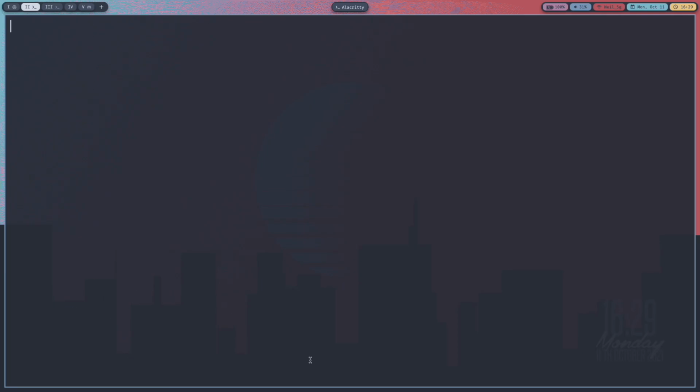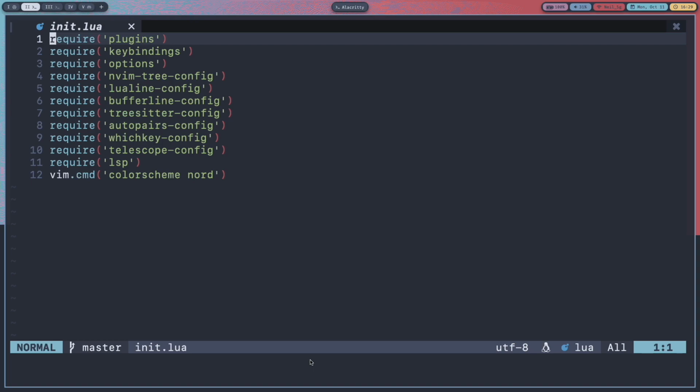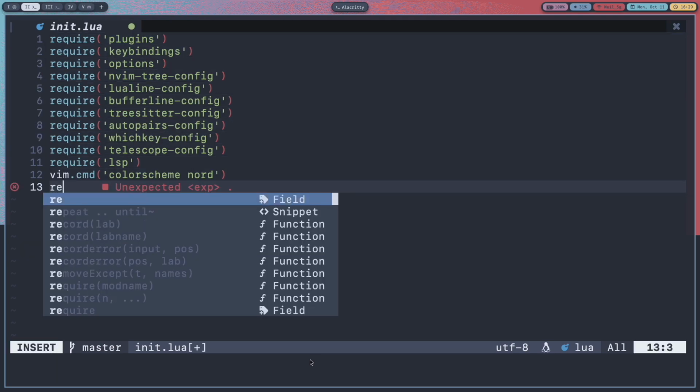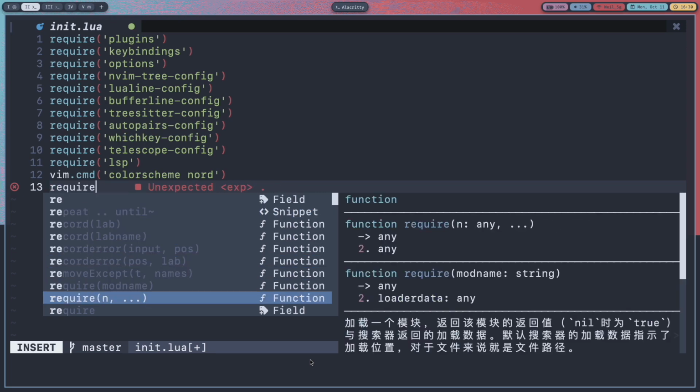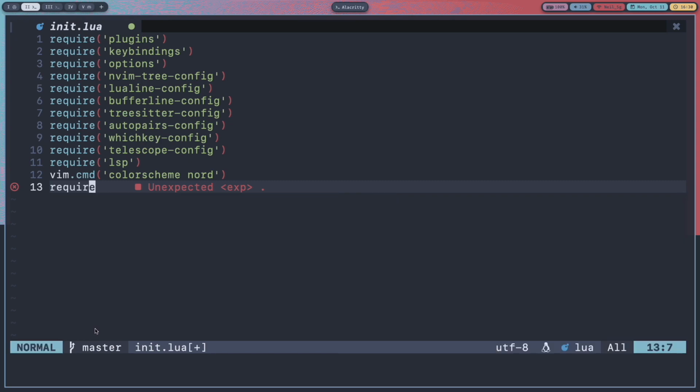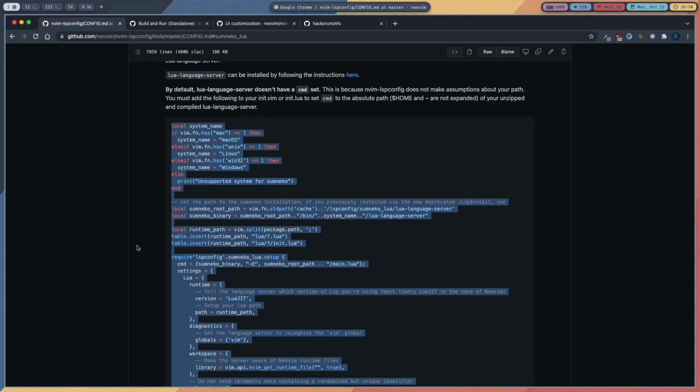Okay, now if I restart, I shouldn't see that again. Now if I, for example, do RE, it gives me all of these auto completions, and I won't require it at the bottom. So Lua is also working, and we have set up language servers.